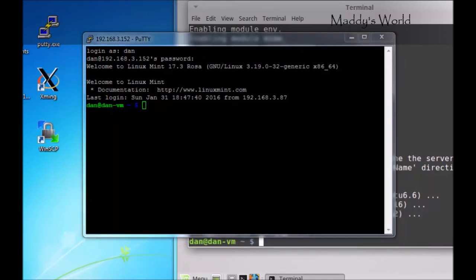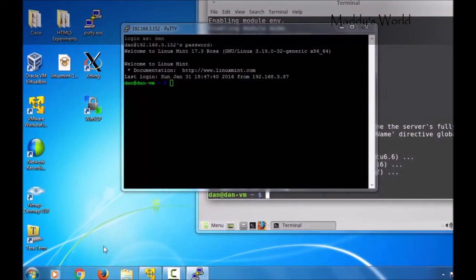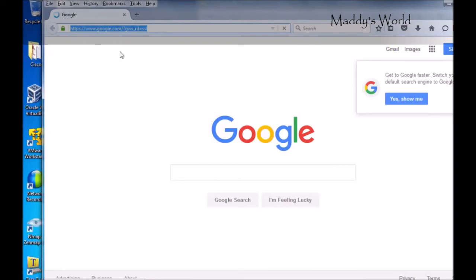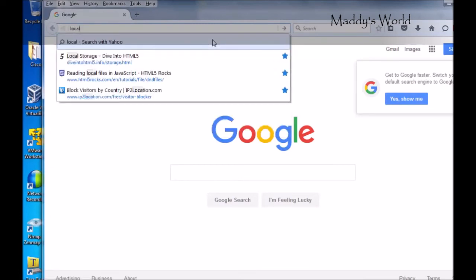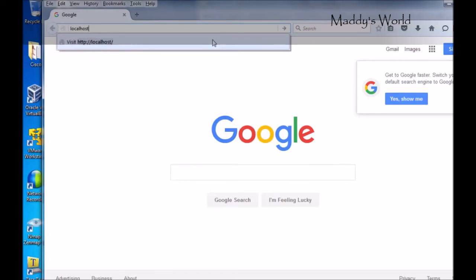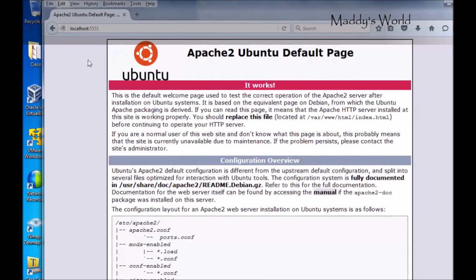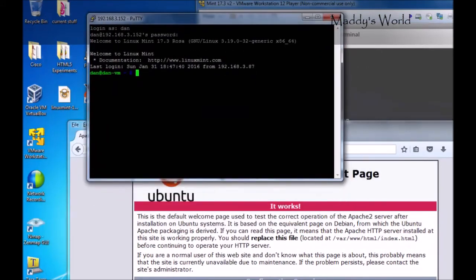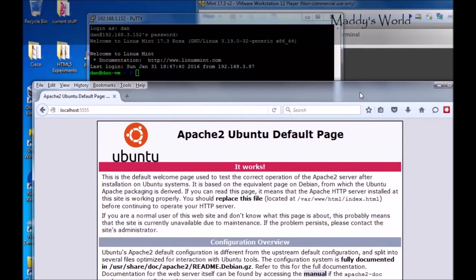Now all I need to do is open up Firefox, and now all I'll do is in the URL I'll type localhost:5555 and press connect, and there it is. Localhost:5555, put a port 80 request to myself on port 5555, where my SSH port tunnel is listening on source port 5555. It sent the web page request across the port tunnel over to the web server running